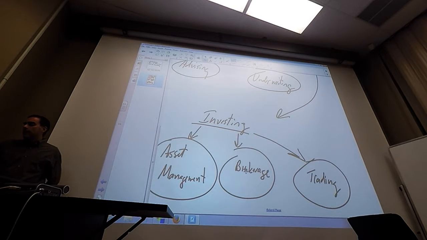Brokerage is very similar, but a subtle difference. Brokerage would be helping other people to invest their money. So you're not investing it, but you're helping them to invest it. Maybe giving them advice or setting them up, connecting them to the stock market, giving them a website, giving them research. With asset management, you actually invest other people's money, such as by running a mutual fund, running a pension fund, running separate accounts for an insurance company. All that would be asset management.